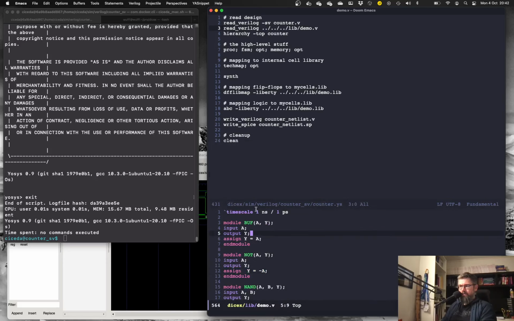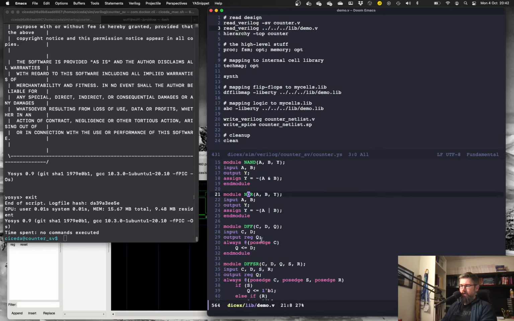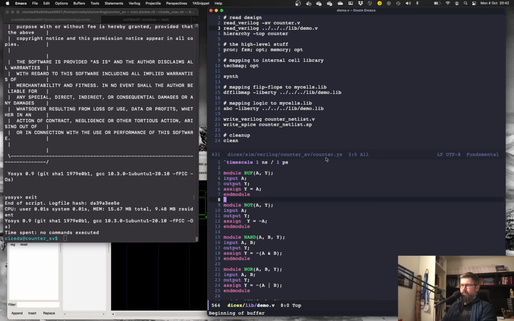So it has a buffer, it has a NOT gate, an AND gate, an OR gate, and so on. D flip-flops, D flip-flop with set and reset. So we read in that